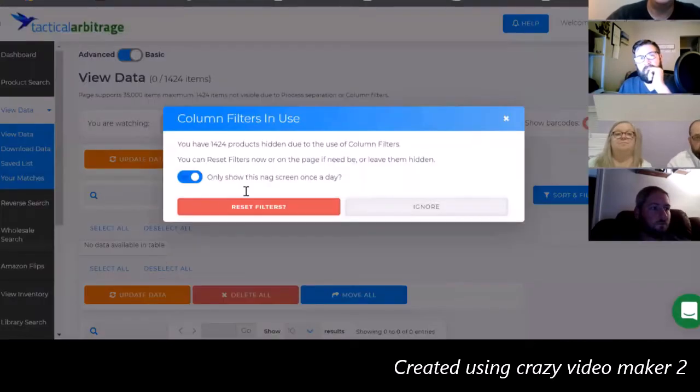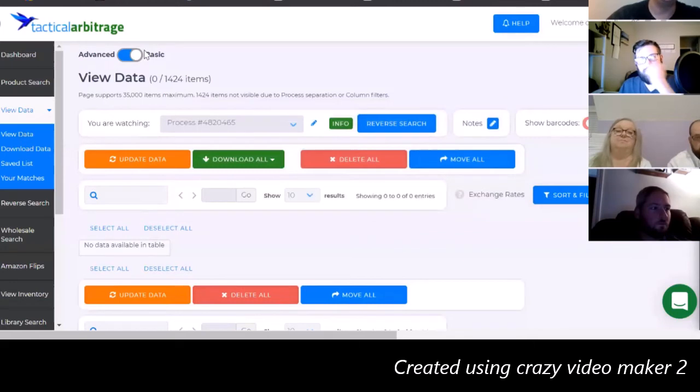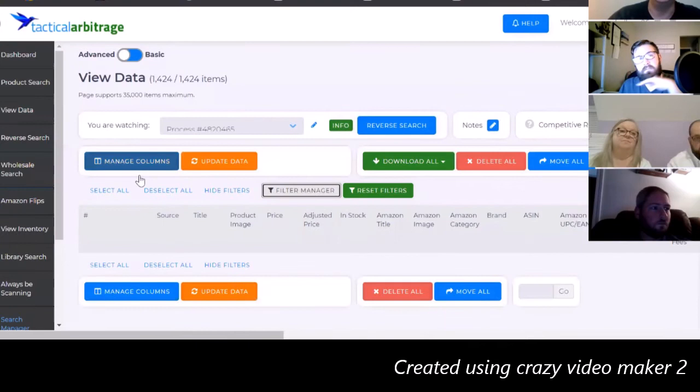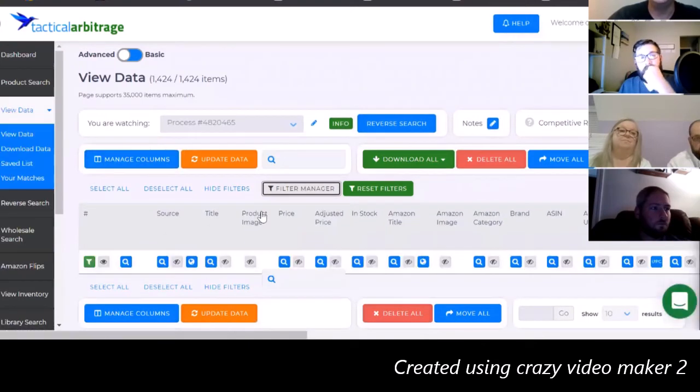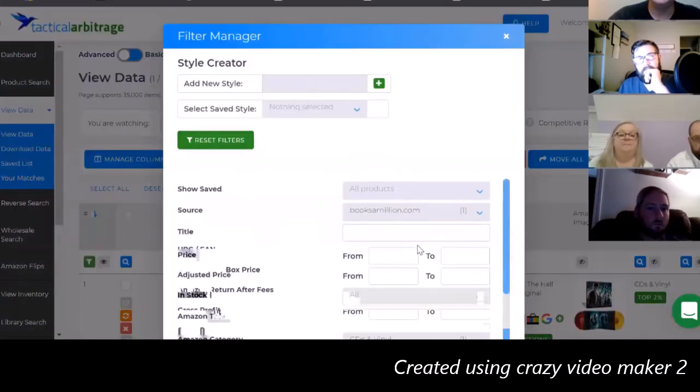So there's nothing from BAM, which happens a lot for me because I probably have too high of filters. But if you go into advanced search and functionality, you'll see more. And you can also manage filters, but you can manage filters in basic as well. But for this,